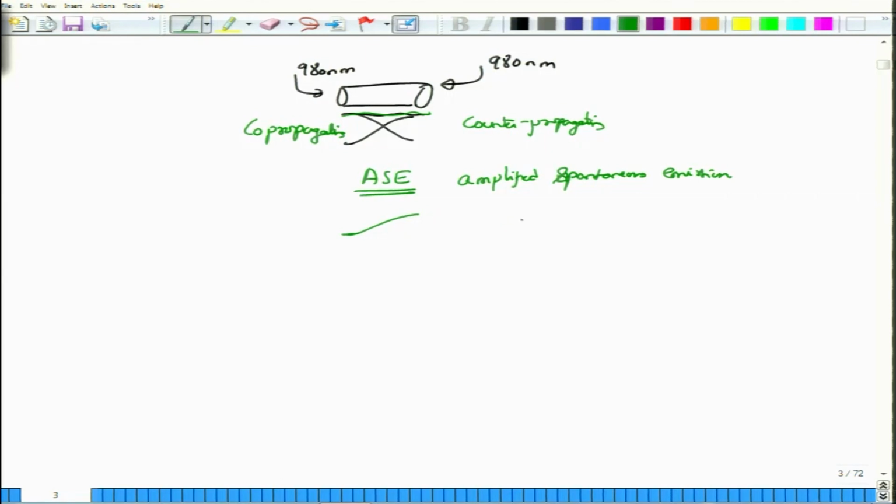The amount of noise power that you are going to get will be denoted by P_ASE, and because this noise is building in the forward direction, this is sometimes called forward amplified spontaneous emission. Clearly, there will be a backward amplified spontaneous emission, which we can call backward ASE. So, you have a total ASE resultant because of forward and backward amplified spontaneous emission noise. The combined ASE would actually be quite a bit of power.